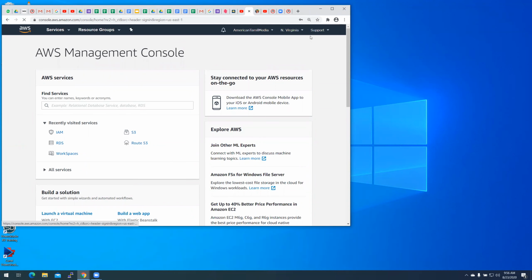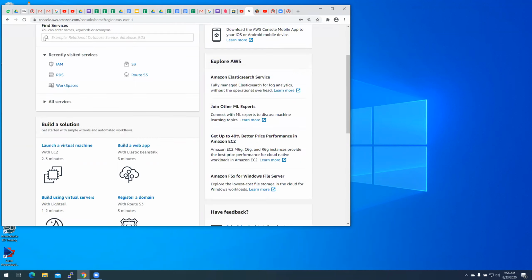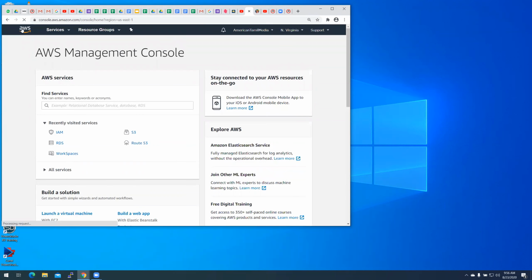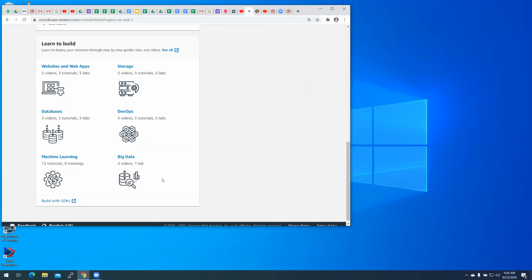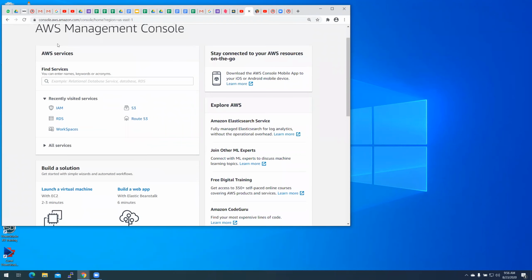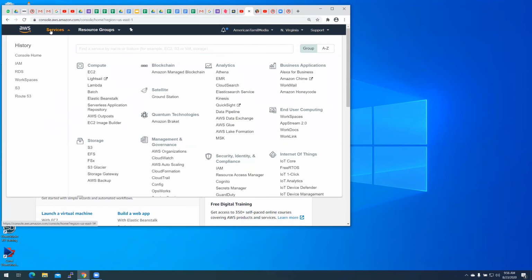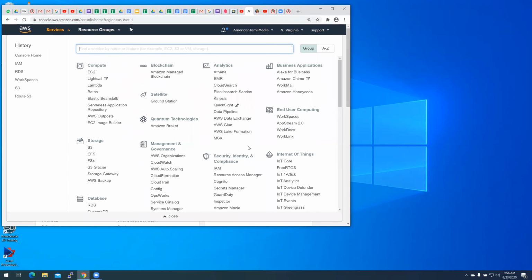So if you go here to the AWS logo, you will see all the services that are available that you can just start using, or you can click on the services to see the bigger set of services.